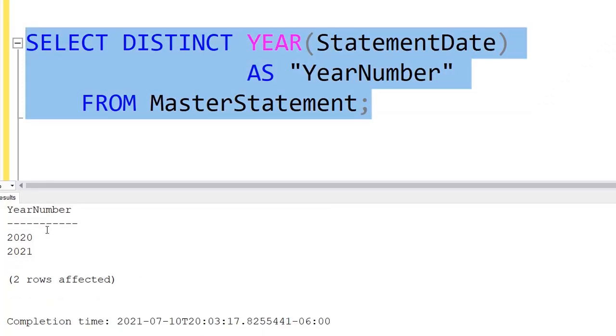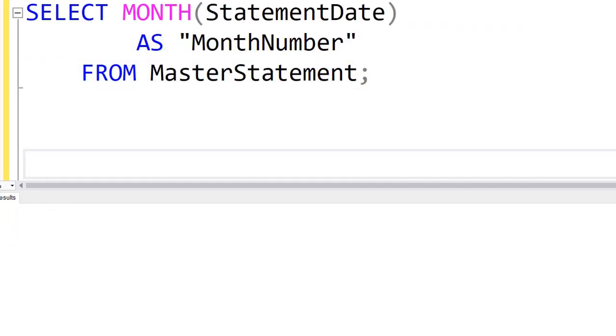And notice that we see two year numbers, the year 2020, the year 2021. So it extracted the year from every statement date, but only listed the unique years. It stands to reason that if we have a year function, that we will have a month function. And it's set up exactly the same way, only this time it's going to extract the number of the month